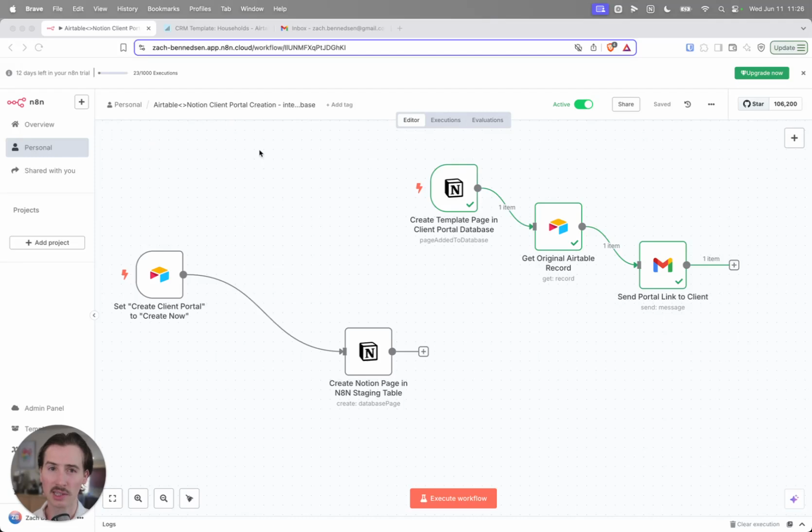Hey, Zach Bennetson here with another demo on building your own advisor tech stack using low-code tooling. Today we're going to use n8n to tie together a couple different systems in order to build a client portal for our clients in Notion, but to trigger that event from our Airtable CRM and obviously attach to our email, in this case a Gmail account, to send an email to the client to let them know that portal has